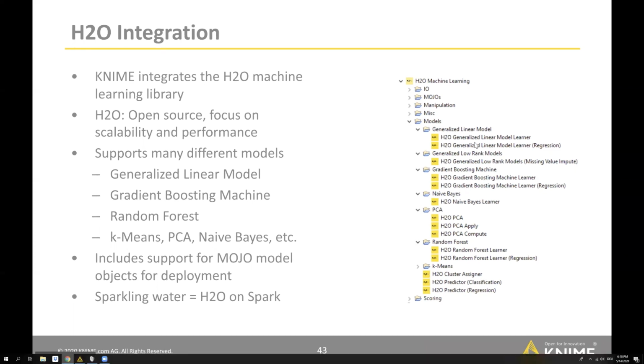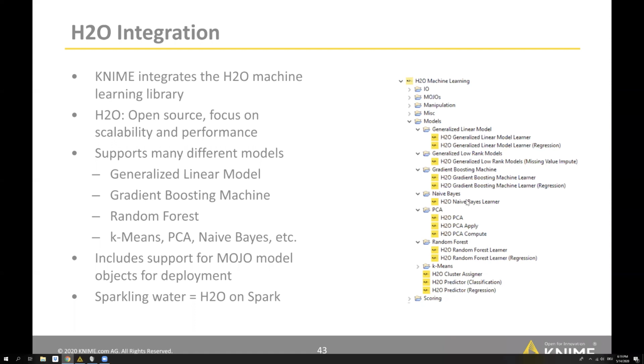Here you would find, for example, the model learner for generalized linear models, but also a really good gradient boosting machine implementation, and a few others that H2O provides.